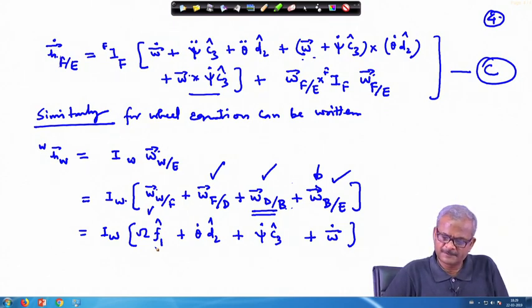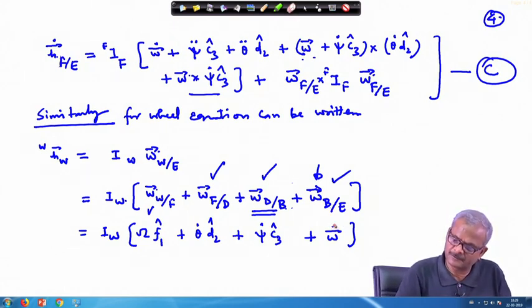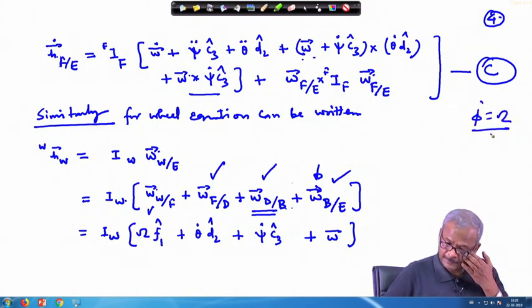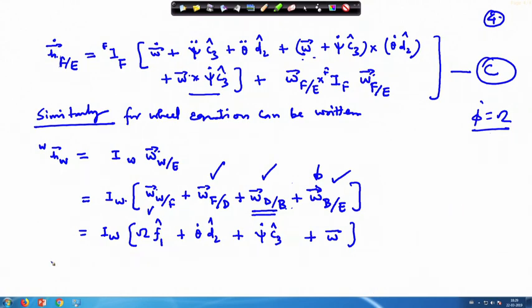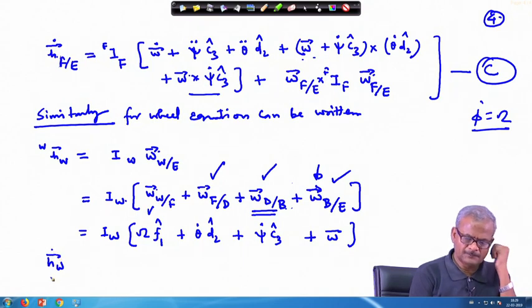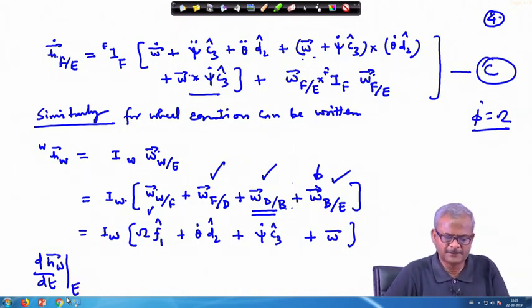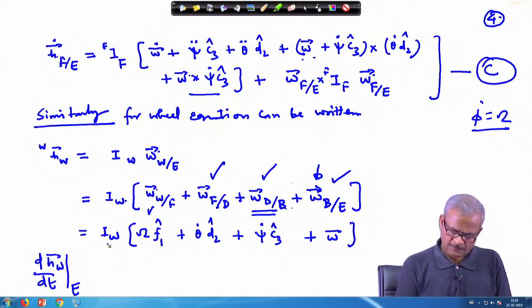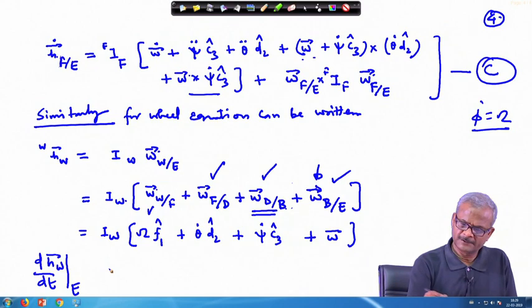Now, we need to differentiate this part again. This is not omega dot, this is just omega; omega dot will come in the next step, and here this capital omega, which we have replaced phi dot by. You can keep phi dot as well, it does not matter. Okay. So, the next step involves getting the dot of this, means we have to differentiate this dh by dt, write it in this format with respect to the E frame, with respect to the inertial frame, how it is changing. Okay. So, that we can do on the next page.